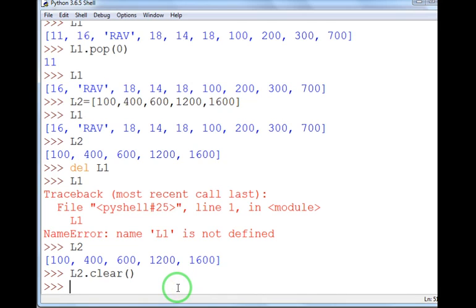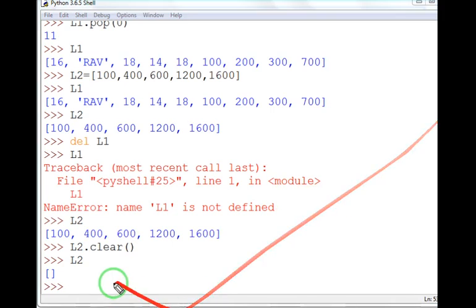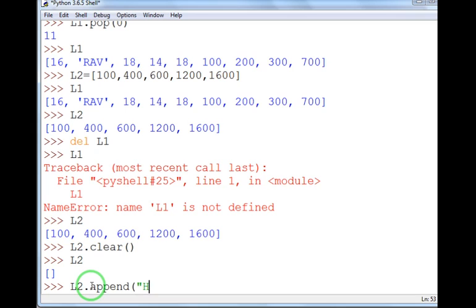The object is still there, because when I type L2, this is your blank list, a list without any values. Now this list L2 is blank, but you can add values in it. If you want to add values, I can give the command L2 dot append hello.